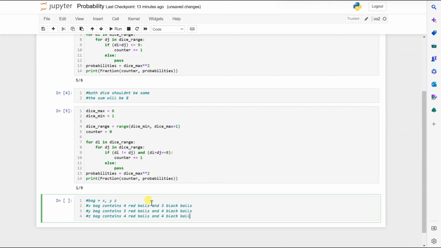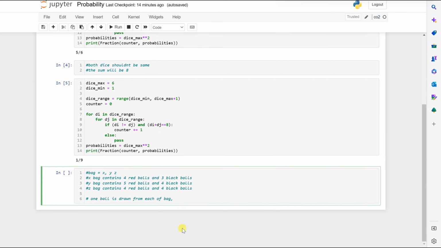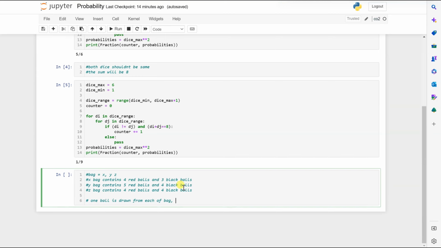So basically our question will be: one ball is drawn from each of the 3 bags. Now what is the probability that out of these 3 drawn, 3 are red and 1 is black? So let's solve this problem statement. Let me finish the questioning part. Probability will be that